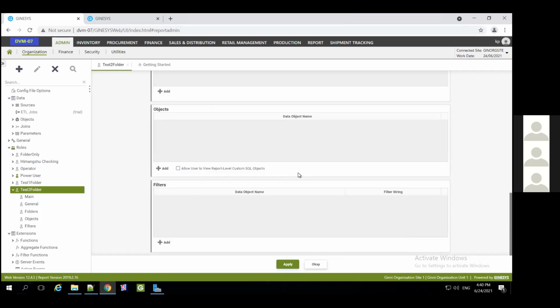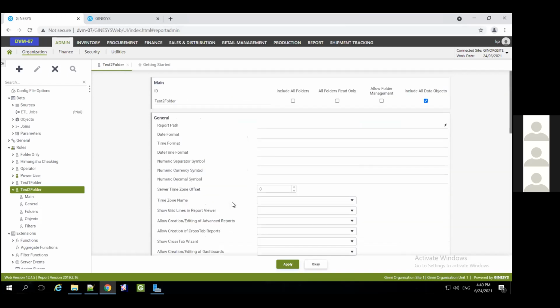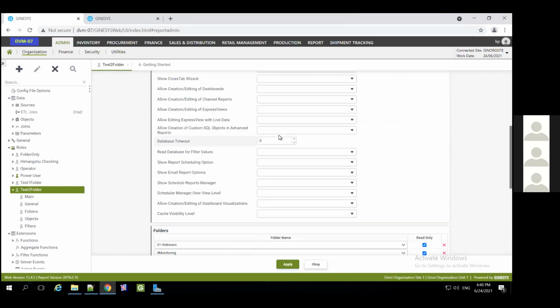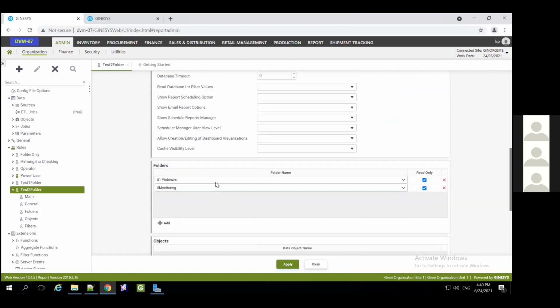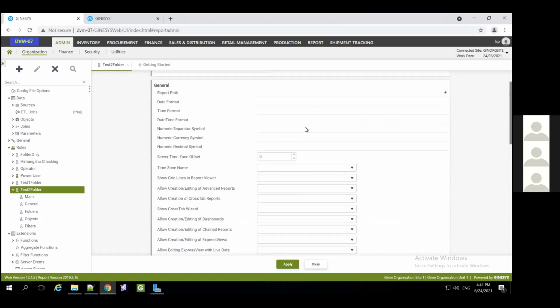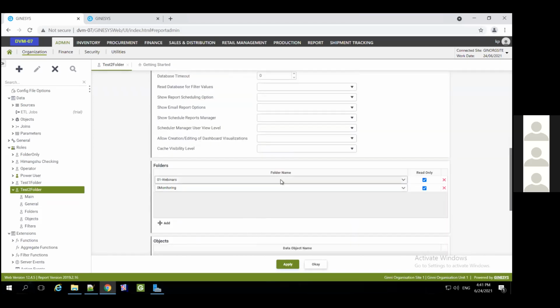And these object filters can only be enabled when you select the various options. These options are a little bit on the advanced side. So when you say include all folders, basically it will include all my folders, right? Except the ones that are used here. So when you do not have this option checked, it will basically select only these two folders. The user will be able to see only these two folders.